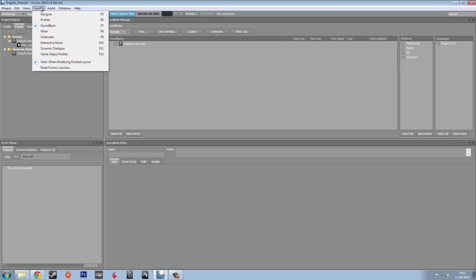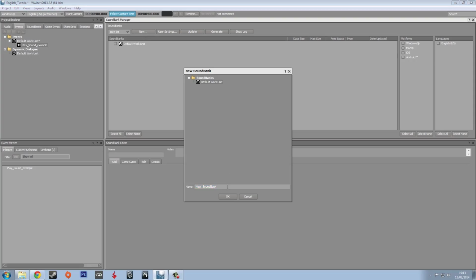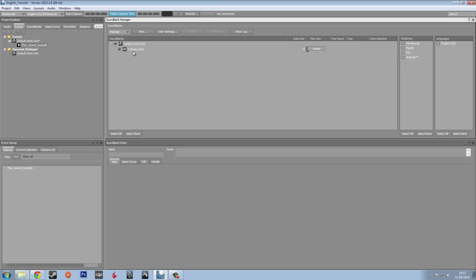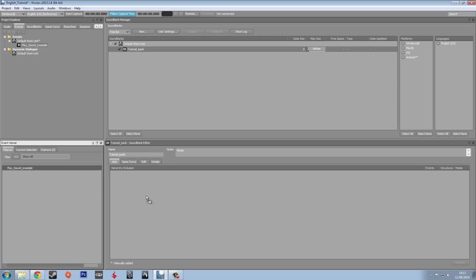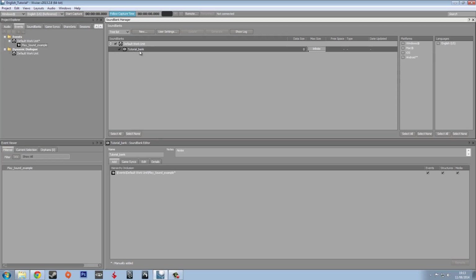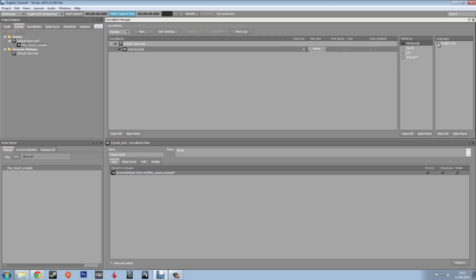So press the layout button, choose sound bank, and in here press new and create and name your sound bank. I'm gonna name it, for example, tutorial bank. Press OK and check it. And when you select the tutorial bank, in here appears the events of your project, and you simply drag them here, and now this tutorial bank will contain the play sound example event. Check the platform and languages,